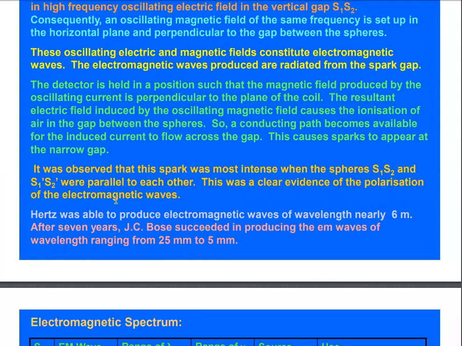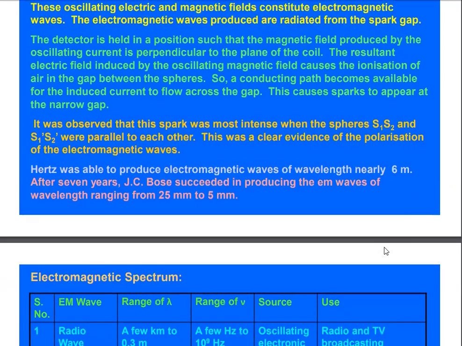This was a clear evidence for the polarization of the electromagnetic wave. So Hertz was able to produce electromagnetic waves of wavelengths nearly 6 meters. After 7 years of this experiment,